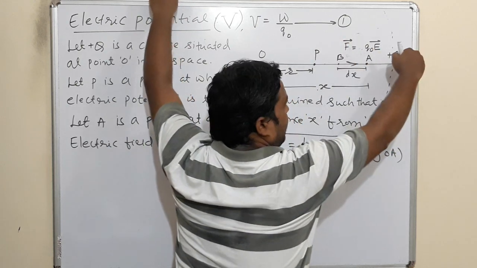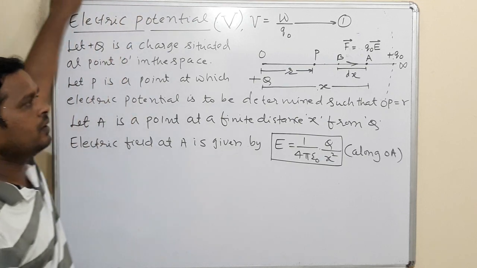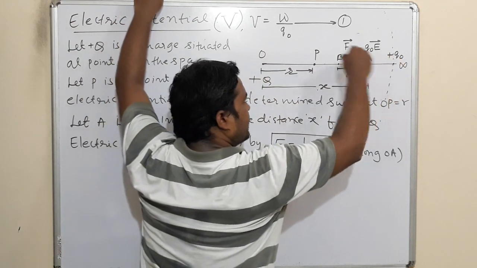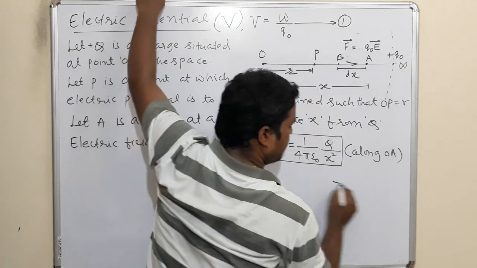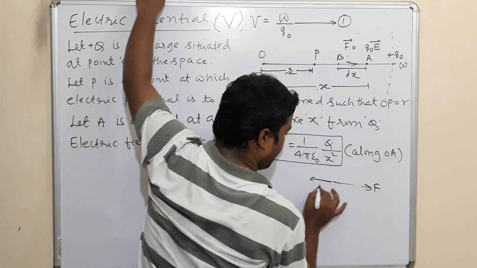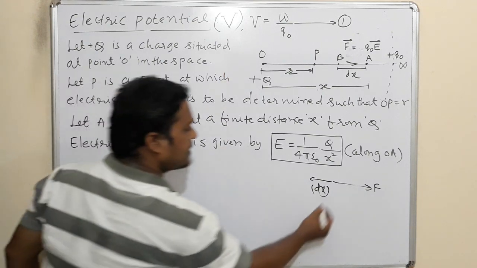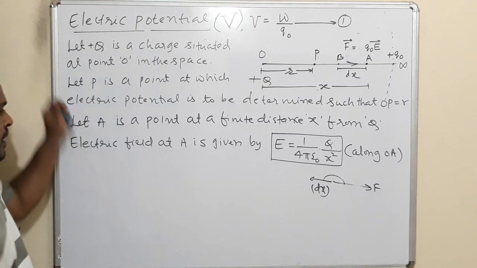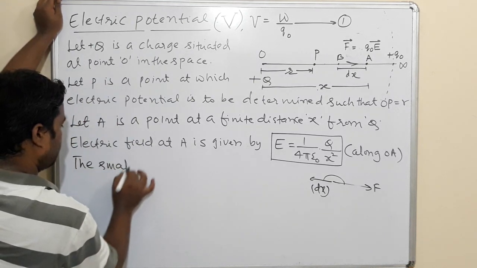This is the force acting. I want to move Q naught in this direction. This is dx, this is F. I want to move it in this direction through a small displacement dx. Now can you tell me the angle between force and displacement? It is 180. Then the small amount of work done